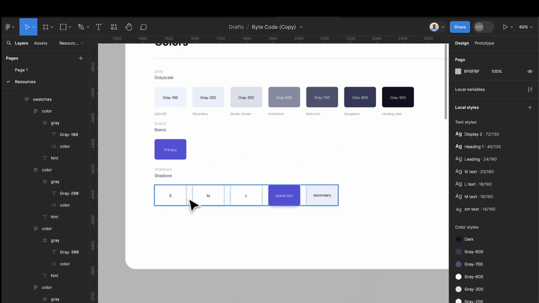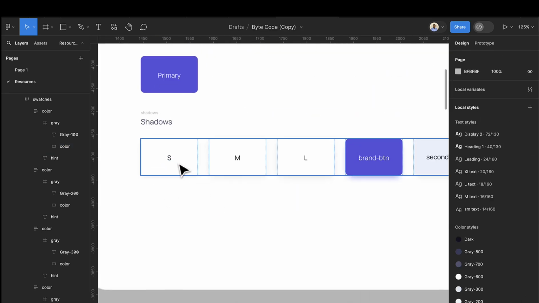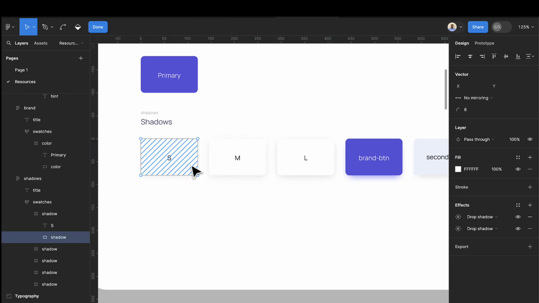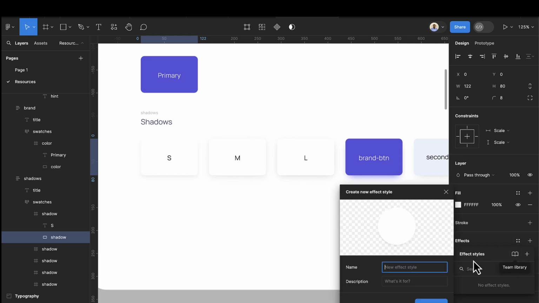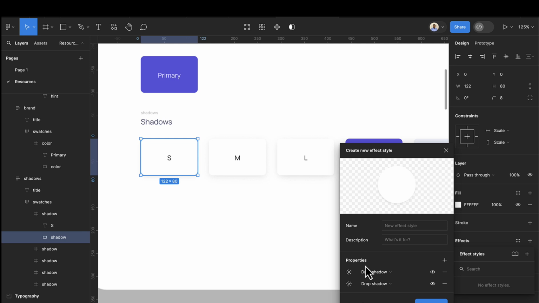Once you're done with the colors, the next section here, what we want to add here is the effects. So if we double click on each of these items here, you can see the effects here. So now we can select this here and then click on the add effect. If you click on more description, you're going to see this. So this is going to be shadow,